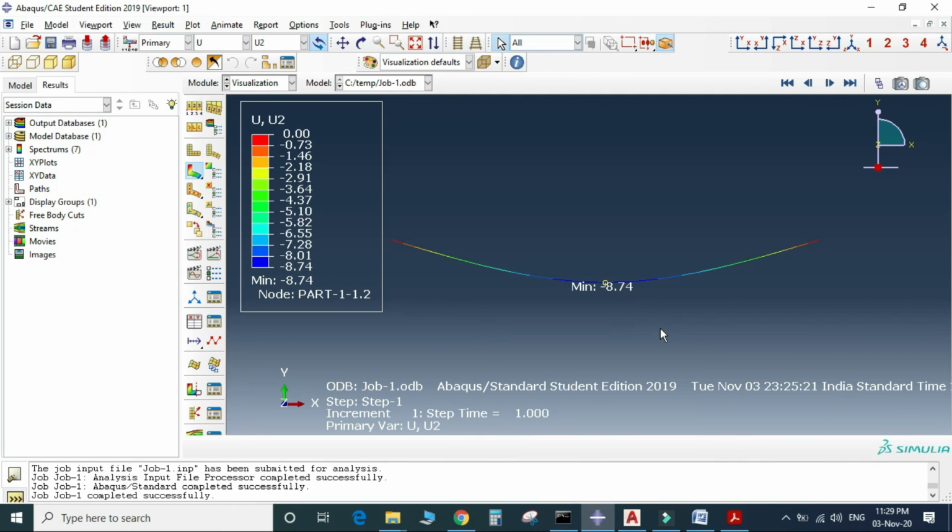So the theoretical and analytical values are almost equal. So we finally conclude the Abaqus software is very accurate for theoretical and analytical results. Okay, thank you so much.